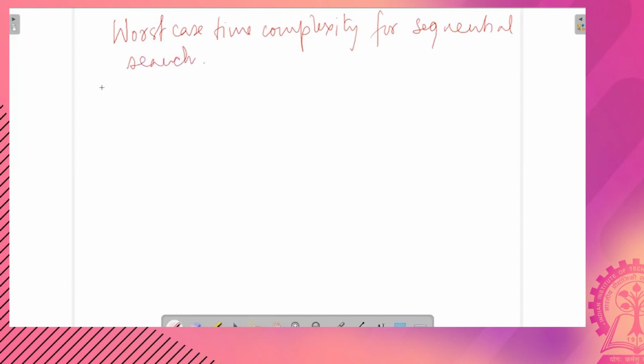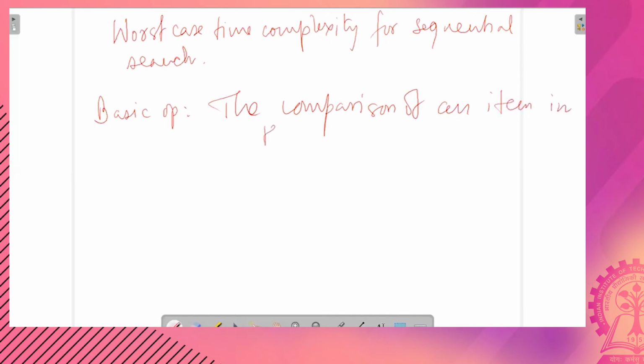Okay. Again, let us identify the basic operation first. What is the basic operation? The comparison of an item in the array with the search term or search key X. Okay, this is the basic operation.